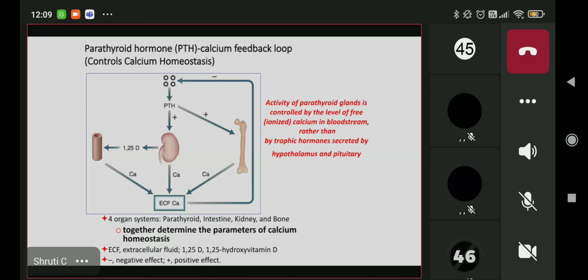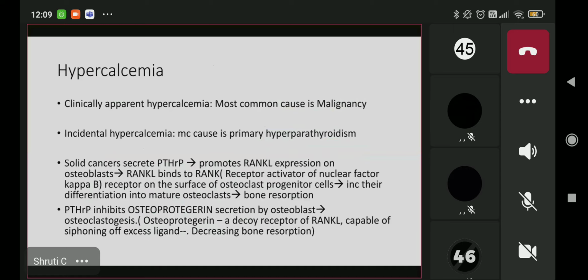And it increases urinary phosphate excretion. Therefore, it is responsible for lowering the serum phosphate levels in the blood. So it is increasing calcium and decreasing phosphate. Basically, they maintain a constant value. If the calcium is increasing, the phosphate has to decrease. Okay. Now, so basically, parathyroid hormone is causing hypercalcemia.